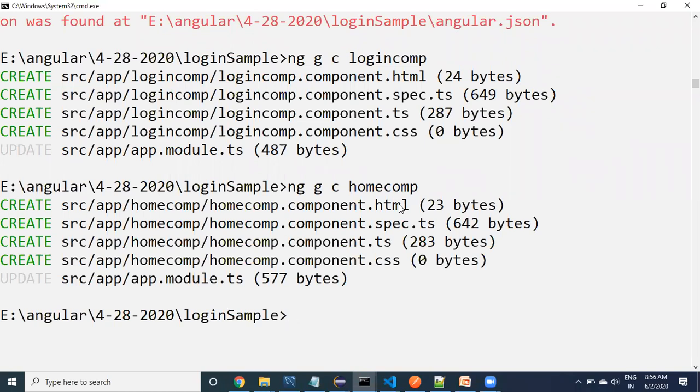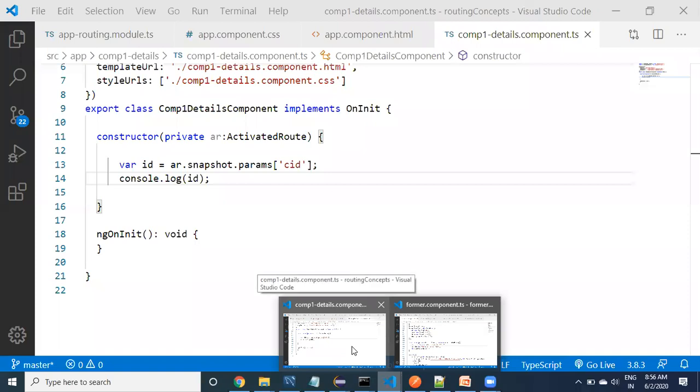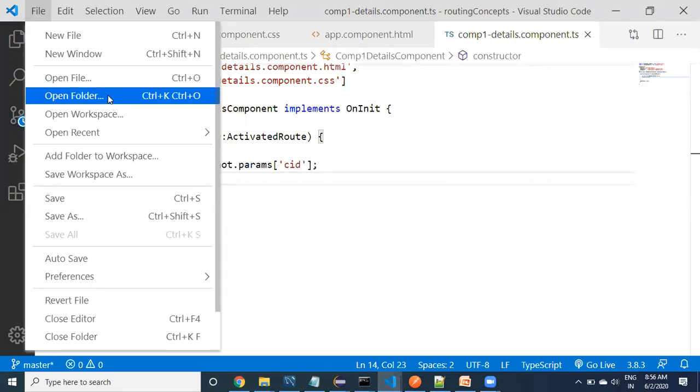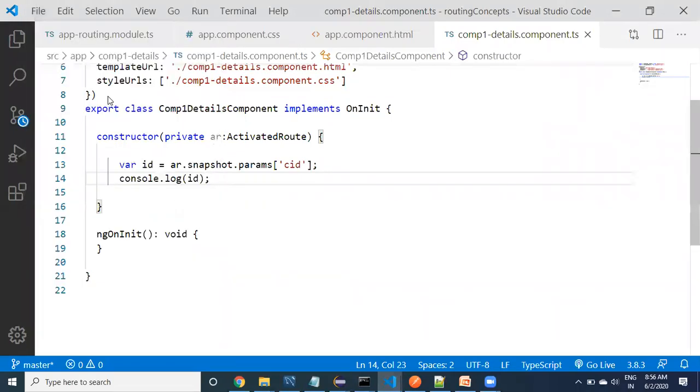All right, then import that new code into our editor.